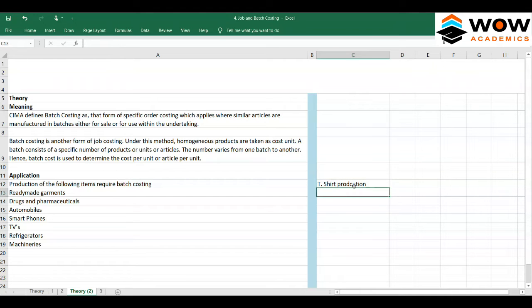So if you take t-shirt production, there might be one batch where we produce 1,000 shirts. We produce 1,000 shirts in that batch, and all those t-shirts are white in color. The color is going to be white, and the size is going to be XL, and the neck is going to be a round neck,